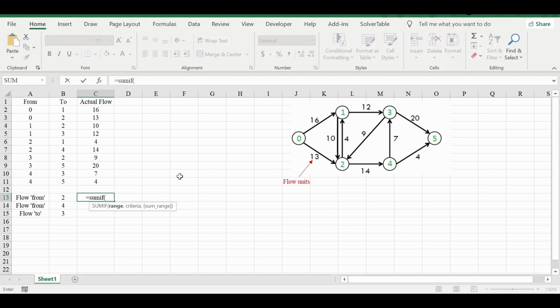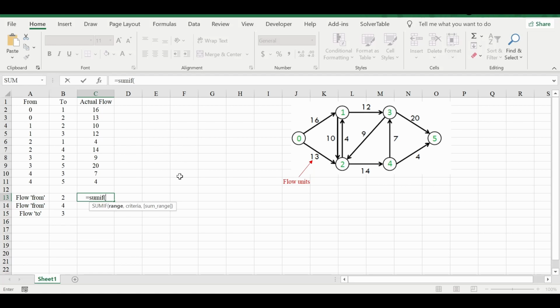This copy and paste is very important. We have already learned this with the SUMPRODUCT function that we discussed in other models, like our product mix model or the blending model. The SUMIF function is also used for the same purpose, so that you can copy it and still not lose the model functionality.